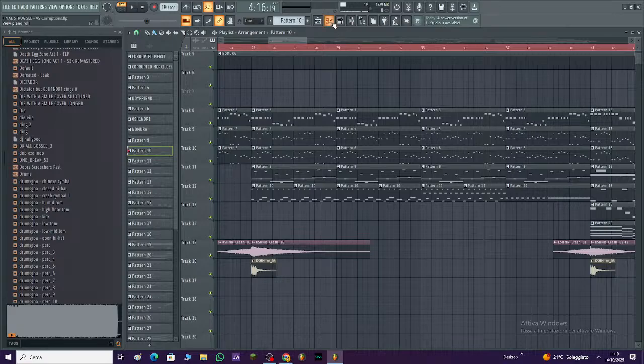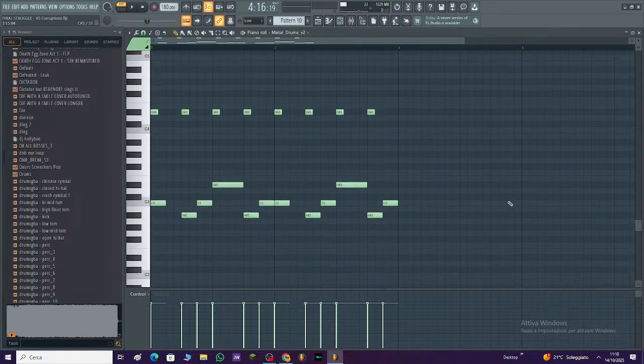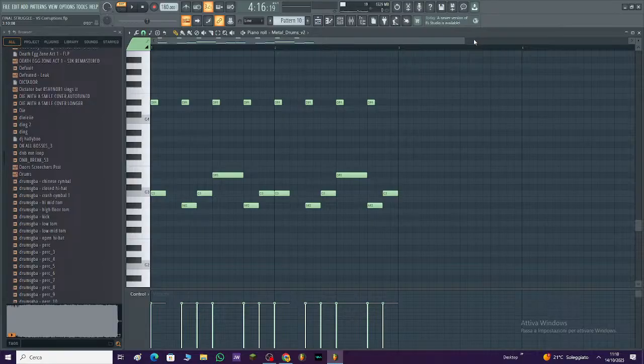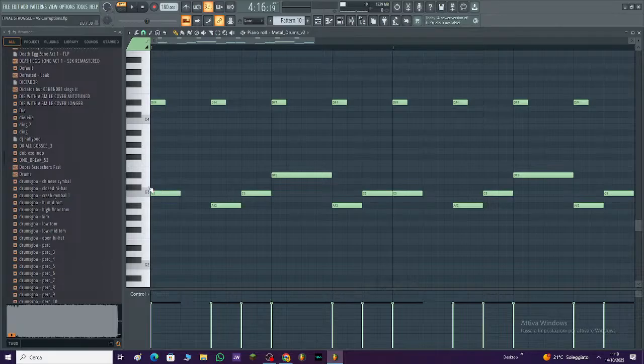And now we move on to the most important part of a song, which is the drums. For the drums, you have to be very, very selective. You have to be careful with how you place the notes. Usually, to make your own drums, you don't have to use too much. For example, you use a kick. I use two kicks here. So one, two, and then I use